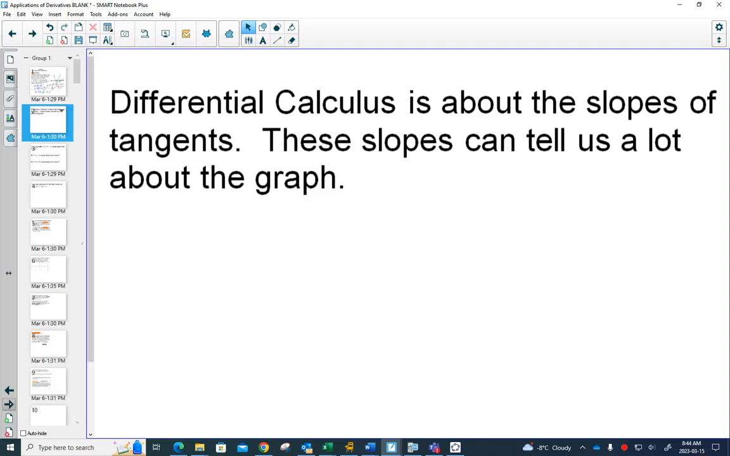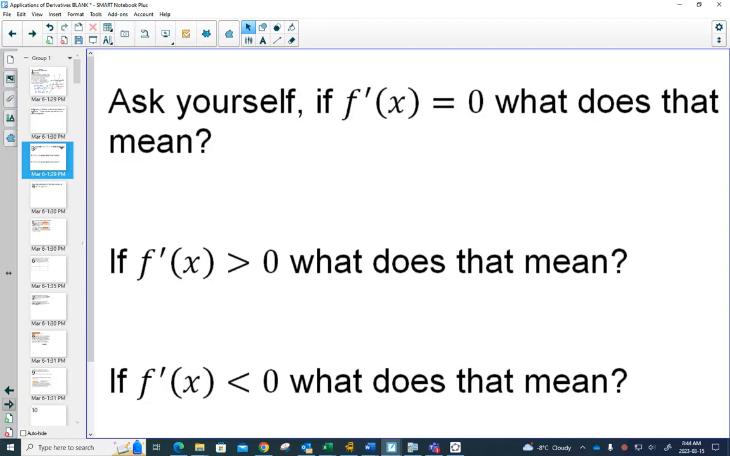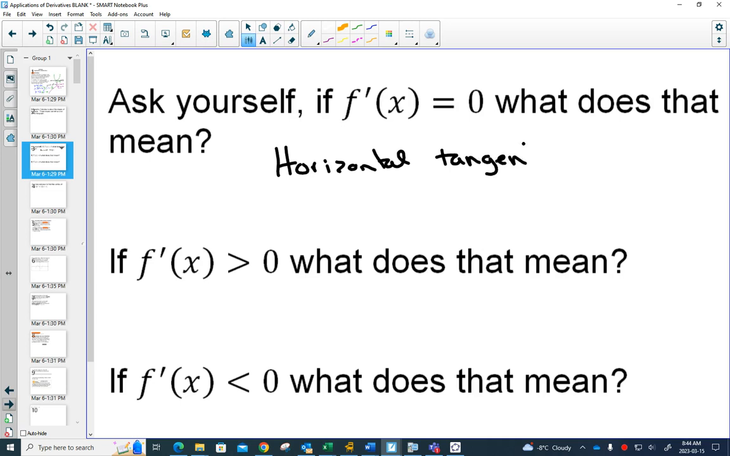So our derivatives are about slopes, and slopes tell us a lot about a graph. So we're going to do a little analysis here. Ask yourself, if the derivative is 0, what does that mean? You would get a horizontal tangent line. In other words, if you drew a little graph,